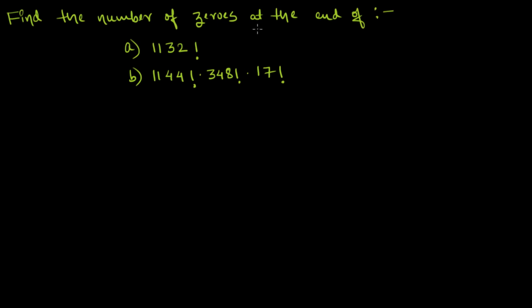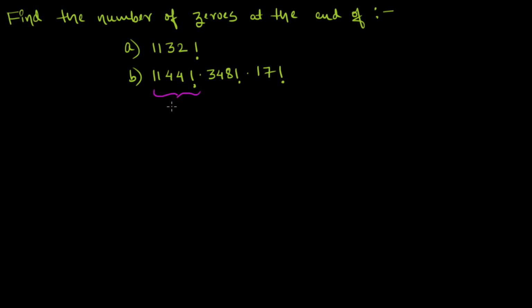Find the number of zeros at the end of 1132 factorial times 1144 factorial times 348 factorial times 17 factorial. So one thing I would quickly like to tell you is that whatever number of zeros are in this factorial,